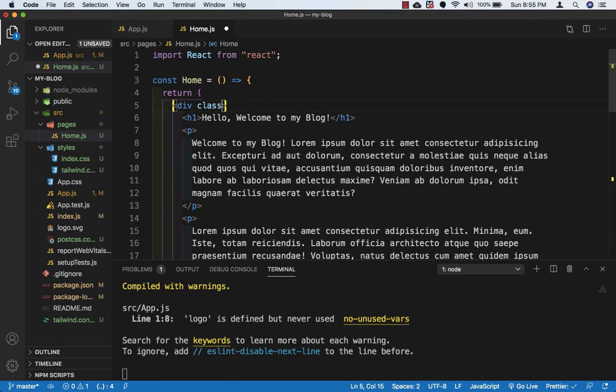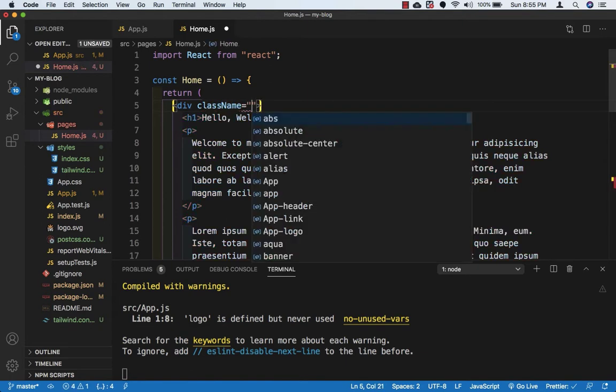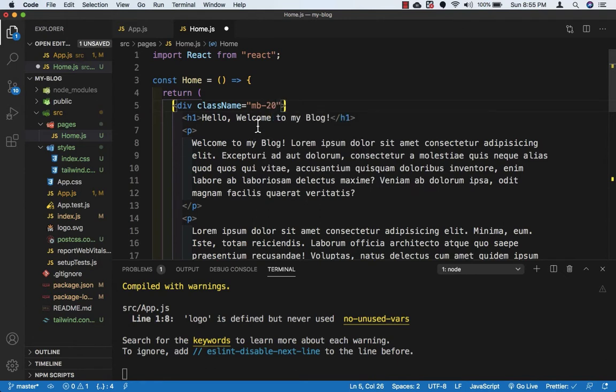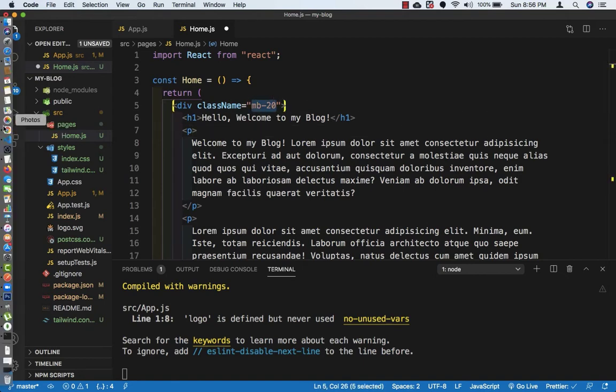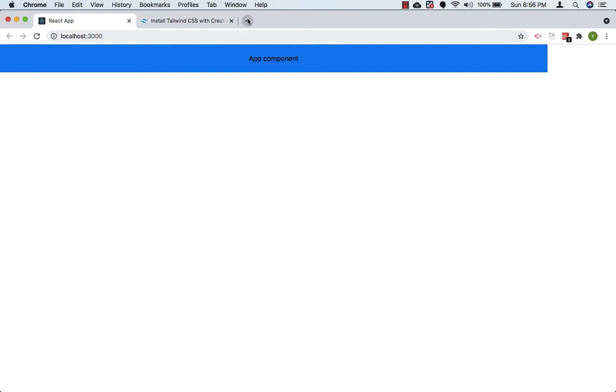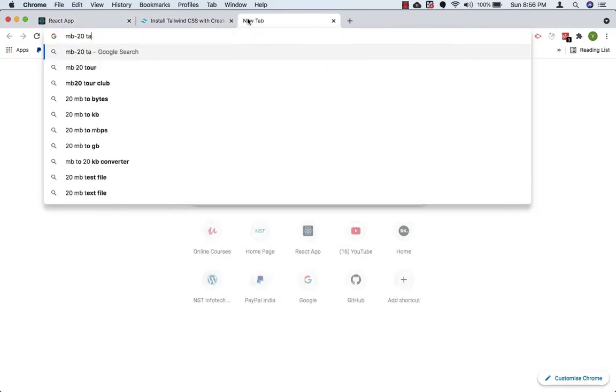So className equals, and here we will add some classes. So margin bottom 20. So this course is more focused on full stack development than web designing. So I wanted to make it easy and possible to get a fairly good looking full stack app up and running as easy as possible. So I will not explain each and every class of Tailwind CSS. If you want, you can just copy this class, or whatever class name I write, and you can just search it on Tailwind